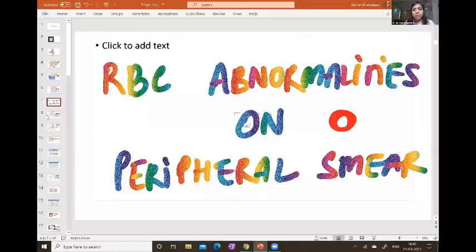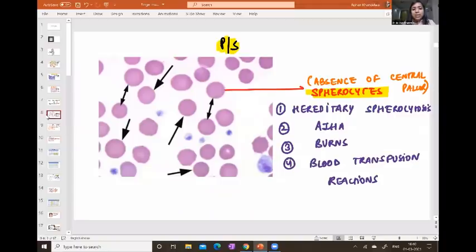So in this image, students, what I can see is this RBC. Do you think this RBC is normal? No. I told you that RBC has a central one-third pallor, but this RBC does not have any pallor, right? So that means there is some abnormality here. So we say that this is a spherocyte. It's a smaller cell with no central pallor. So if you see such a cell in the exam, the answer is going to be a spherocyte.